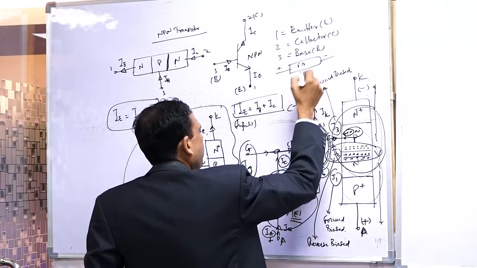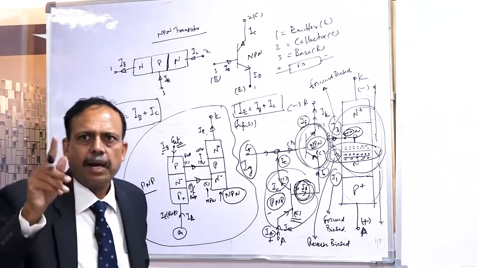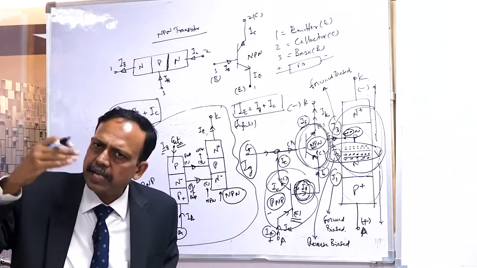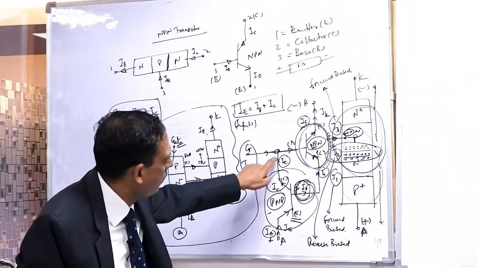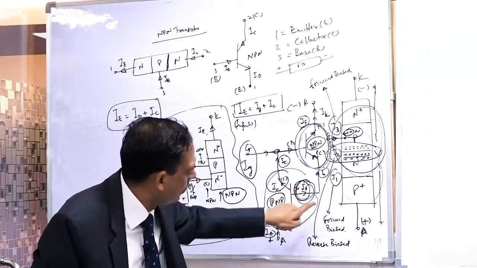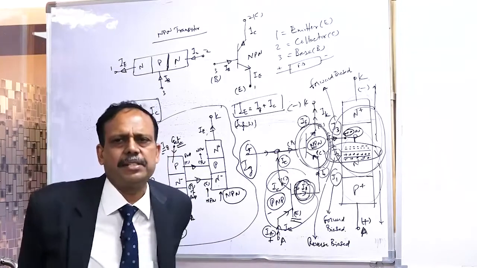Now you know what is happening inside. The current is increasing. More current, and the current is going to get increased, it will be multiplying. Collector current will increase, the base current will increase, this current will increase, this current will increase. Like that, more and more current will be drawn. What will happen to the thyristor?